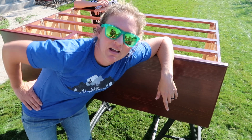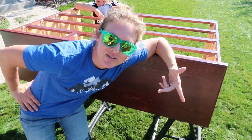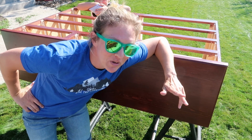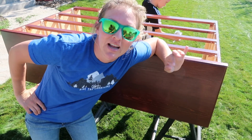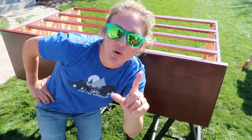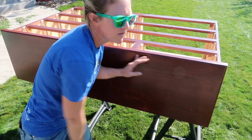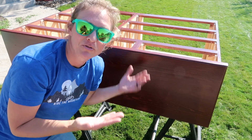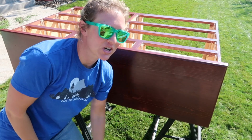For the first time in my life, we're going to attempt chalk paint because it's easy. No priming, no sanding. I have no idea how this is gonna go. All I did was talk to a few people that have done chalk paint. I have my chalk paint, I have my brushes, I have my sandpaper, and my top coat, which is not wax. I will explain that when we get there. So I have cleaned the whole thing and dried it off. The chalk paint was like $27 versus several hundreds of dollars purchasing a new dresser,